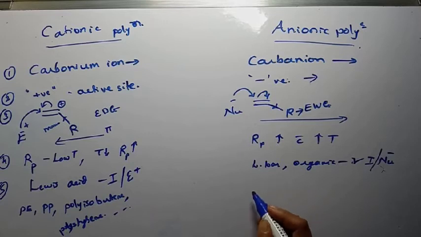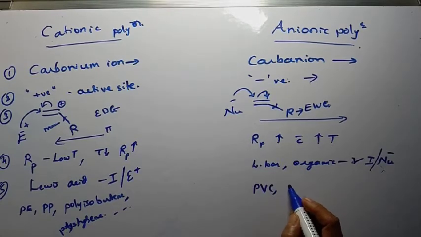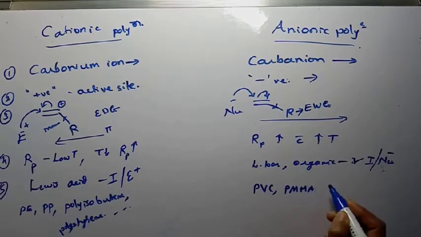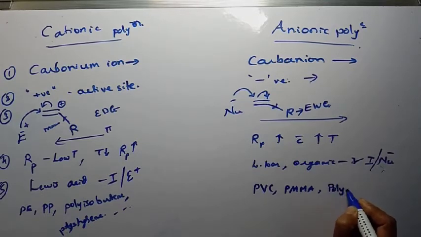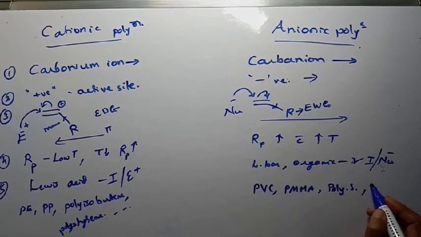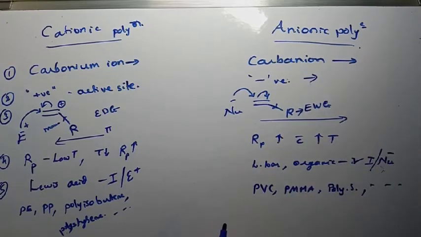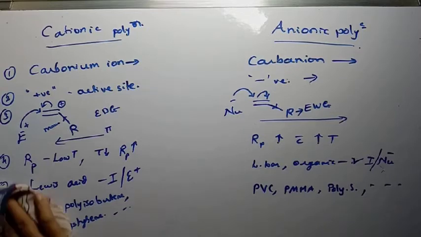In this case, PVC, polyvinyl chloride, or PMMA, or polystyrene; even polystyrene is also an example under anionic polymerization. So you are already well familiar with these examples. With this we'll move on to the next one,